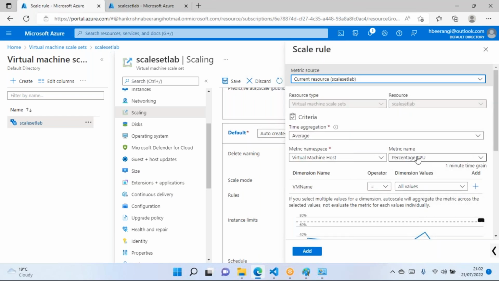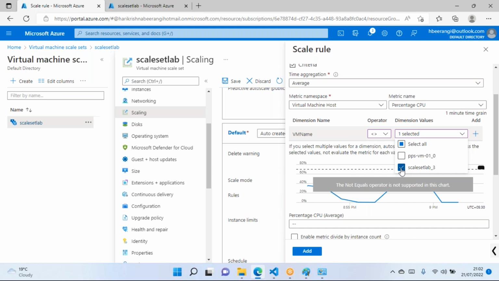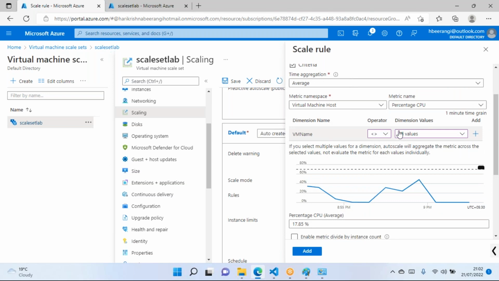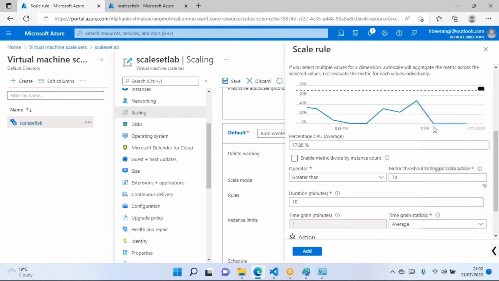CPU. Now if my virtual machine percentage CPU on an average is, I'm using this operator greater than or less than. For this scale set, just one moment. Here it is. Okay, there is nothing much you can see here. There is an option here. Now at the current stage, average CPU utilization is 17%.